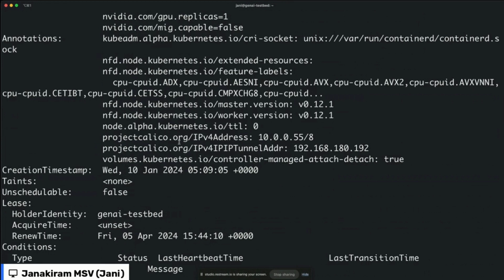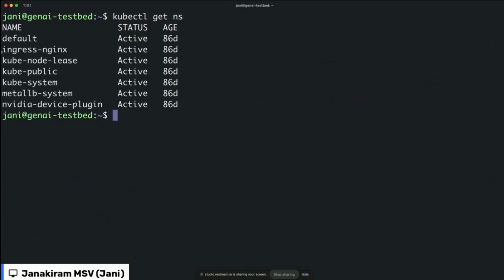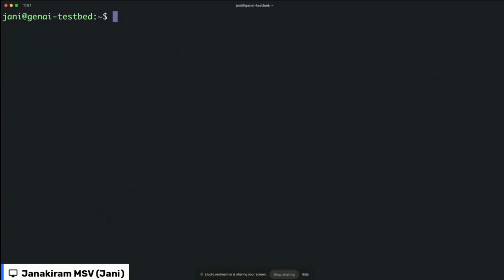So that's my Kubernetes cluster, and the NVIDIA device plugin is already installed. I have also gone ahead and installed the Metal LB system. That's my bare metal load balancer. I have Nginx Ingress, nothing fancy, but the most important aspect of this cluster is it is running the NVIDIA device plugin. All right, so now we have a pretty powerful single node Kubernetes cluster with 2 GPUs, and our